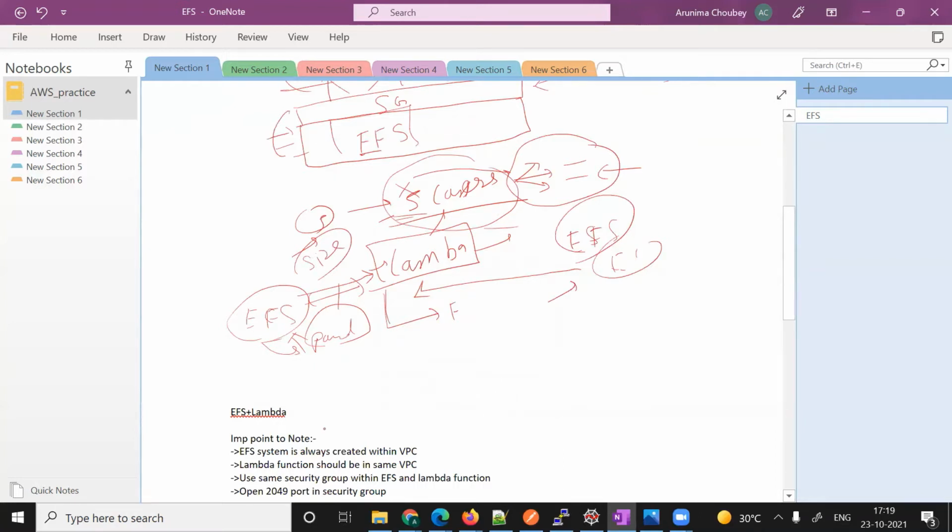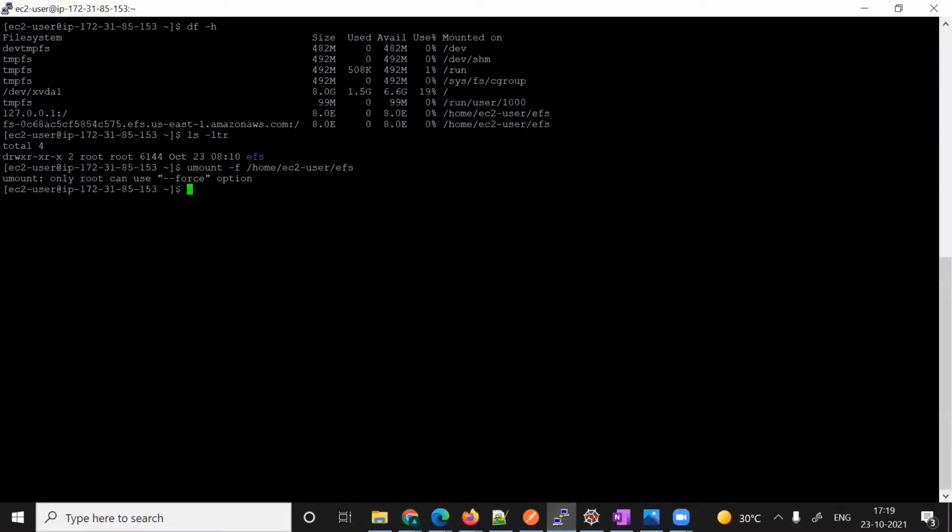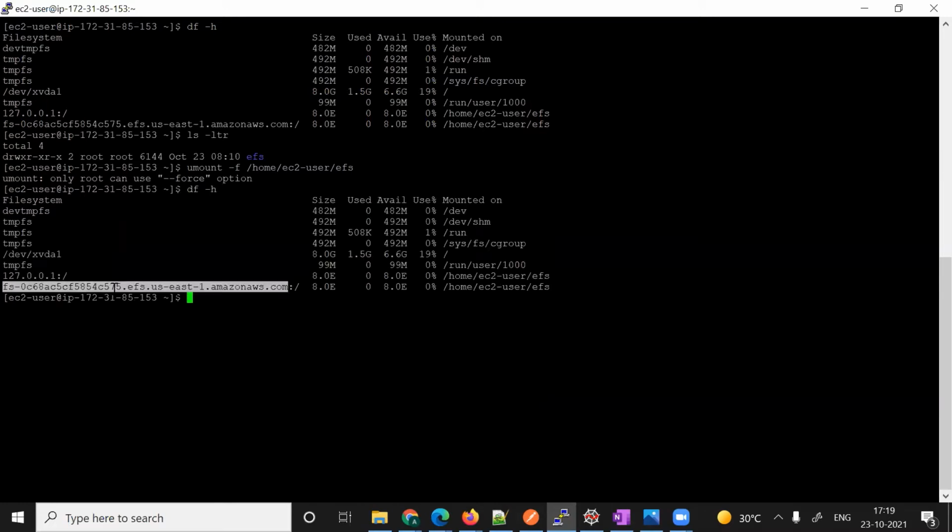In our last video we already mounted EFS. How do we check whether we have mounted EFS or not? If you do df -h, you can see this is my mount point. If you want to unmount it, you can use sudo umount with force.